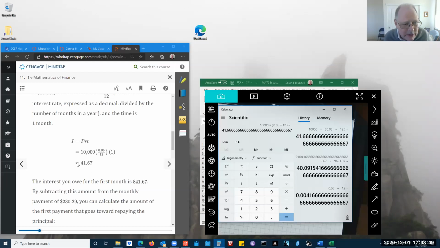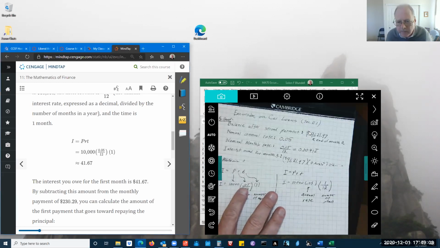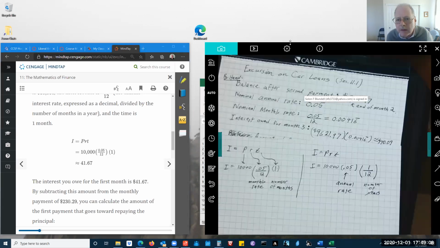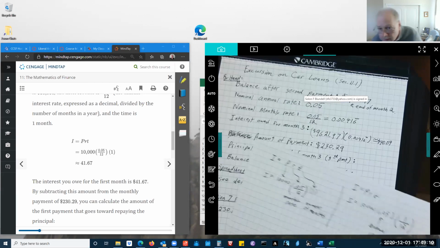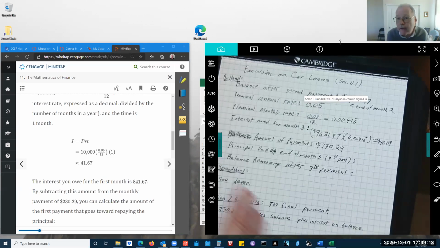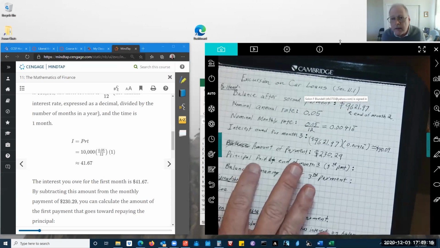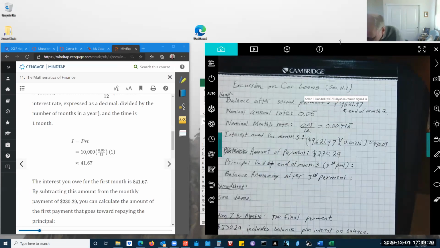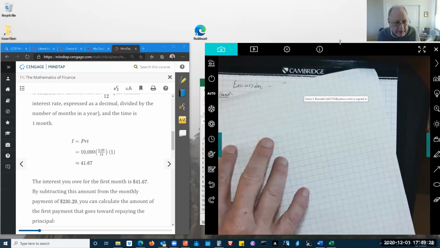So that's why it's a squiggly equal right here, $41.67. So here's your, well, so in the book,